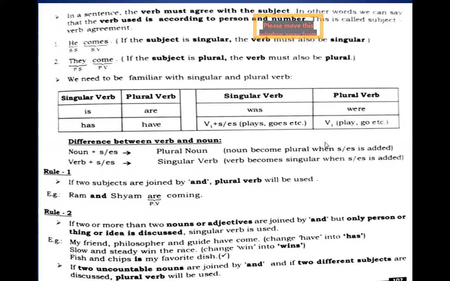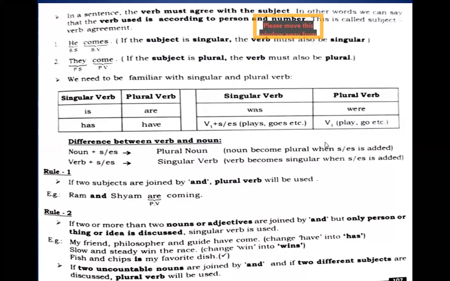Then if we are talking about one person, shouldn't we use the singular form of the verb? Instead of have, we need to put has here. Now you see, slow and steady wins the race. This slow and steady is referring to winning basically. This is the individual one, right? So there you'll put the singular verb. When you add s, win will be changed into wins, because wins is the singular form of the verb and only win is the plural form of the verb. So we just need to be careful enough.